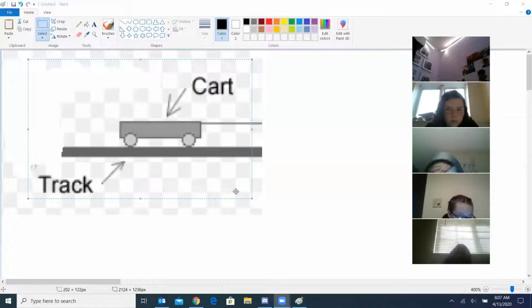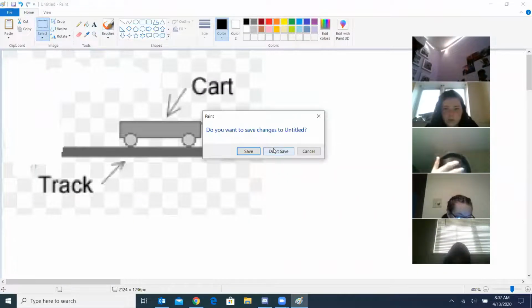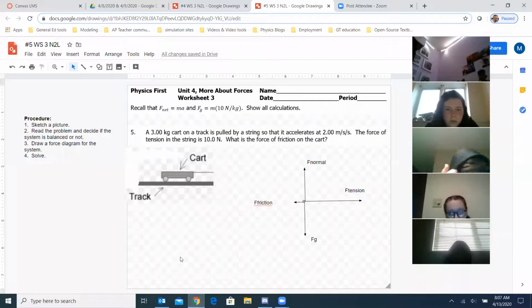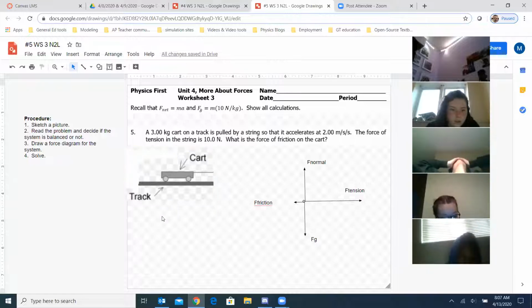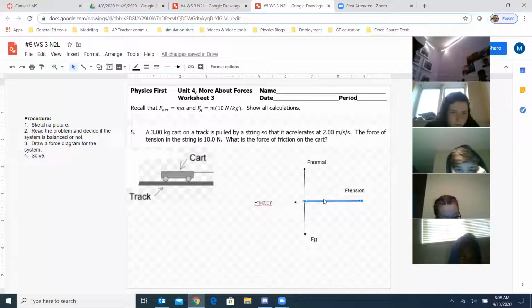Okay, so I think I'm going to go ahead and show you my desktop. Okay. Oops, sorry, let me get that out of the way. All right, so I kind of went on the web again and I found a cart on the track. I was being lazy. You could have drawn one if you wanted to, but there's mine. And I actually kind of went to the last problem I did and stole the force diagram out of it because I realized it was going to have the same kind of forces, the force of normal, the gravity force. Instead of a push, there's a tension force because there's a string. So I just kind of changed the name of it. And there's still a friction force.